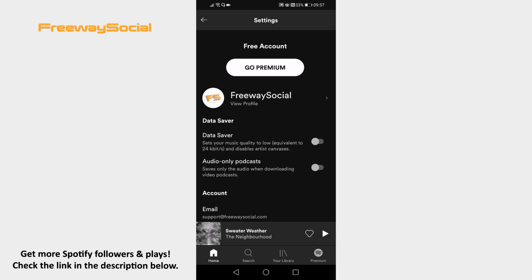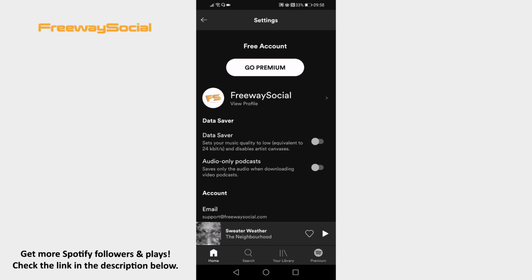Can't change your email address on Spotify? This issue usually happens if you registered on Spotify using your Facebook account, so it is now linked to your Facebook email. You won't be able to change your email directly, however, you will still be able to do it by contacting Spotify support, and I will show you how you can do it.